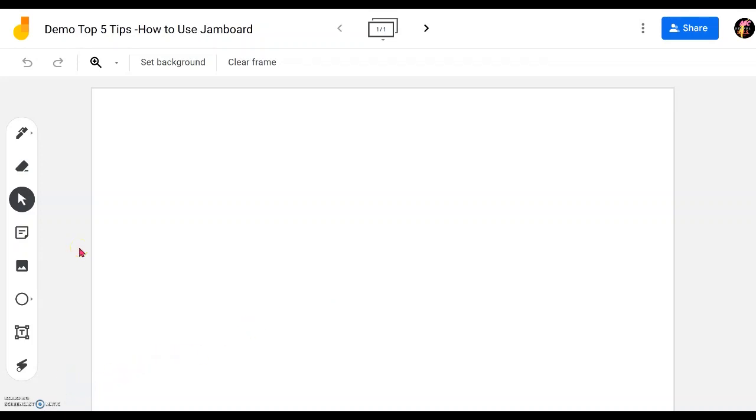Okay, first function is to insert text, right, and this is the icon over at the left-hand side. Are all the functions that you can see, besides the other main macro functions at the top. You will find all the main key functions on the left hand side, and the function for text is this one, the square box with a T, and that means text box. So you click on that and you can place your text box anywhere you want. In this case, I'm going to draw a mind map. So I'm going to put this in the center and say Demo